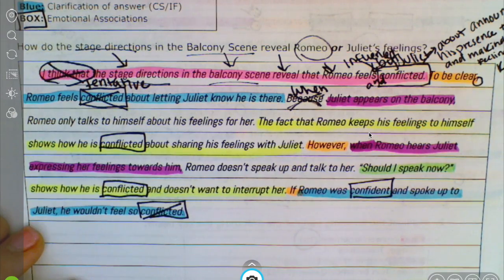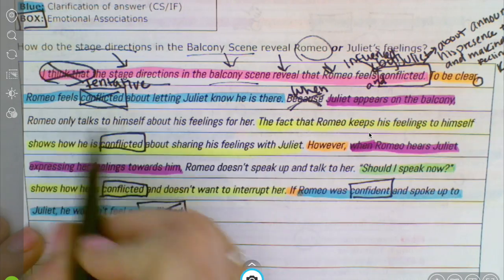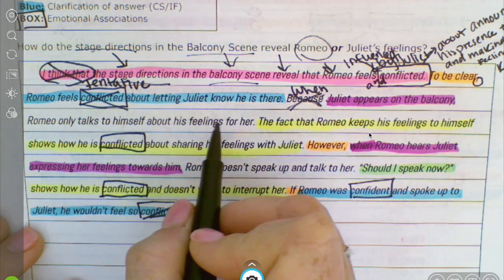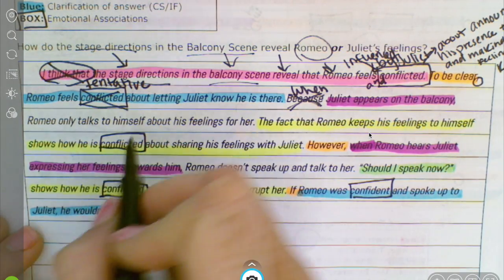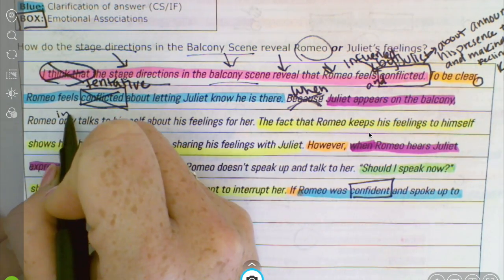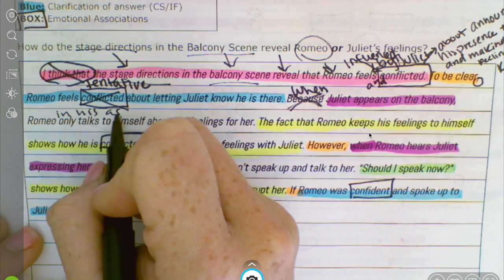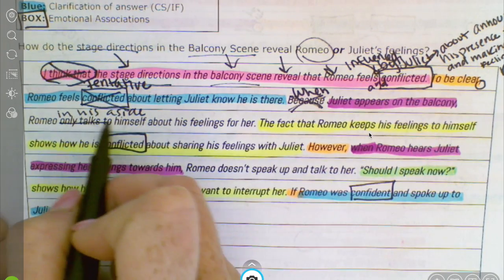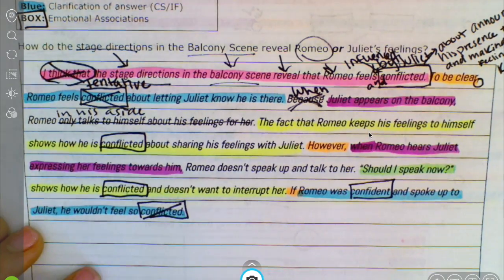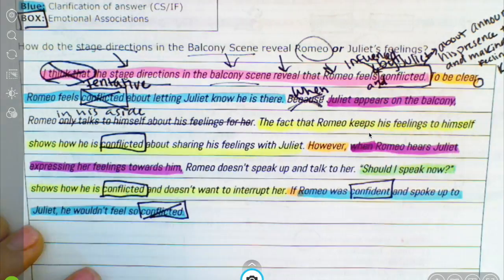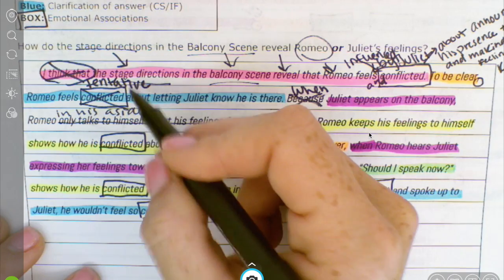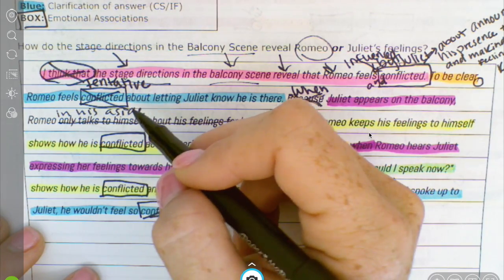So when Juliet appears on the balcony, Romeo, and then we have this only talks to himself about his feelings for her. Now we know this only talks to himself part really means that it's an aside. So for Romeo, I'm going to put in his aside, and I'm going to cross out that because I want to use the actual stage directions that shows my depth of understanding, that I know what the stage directions are. So in his aside,